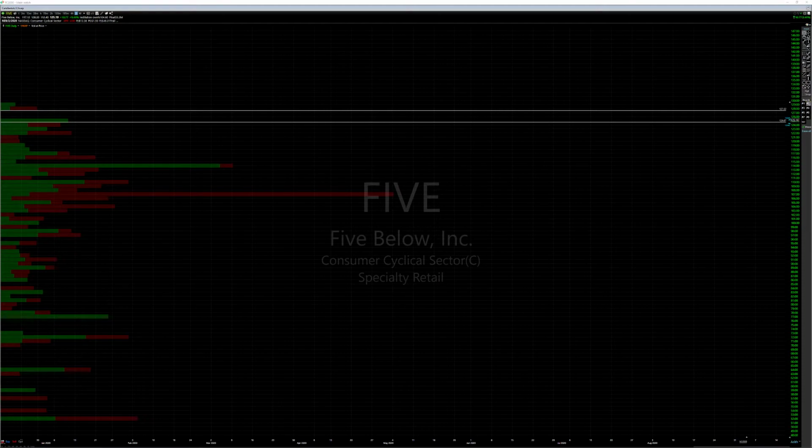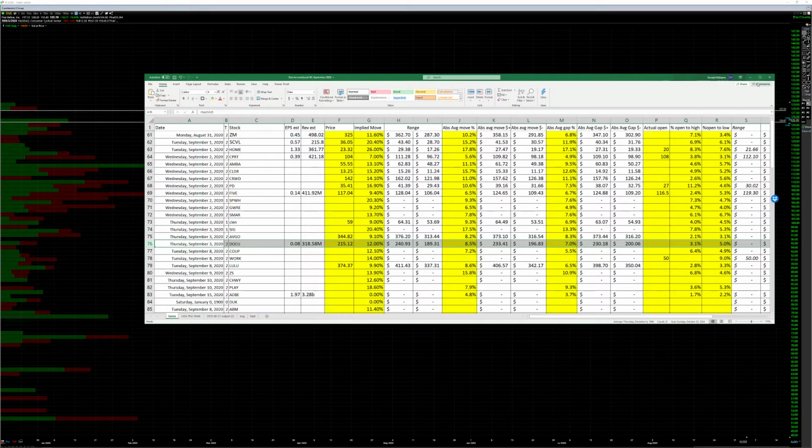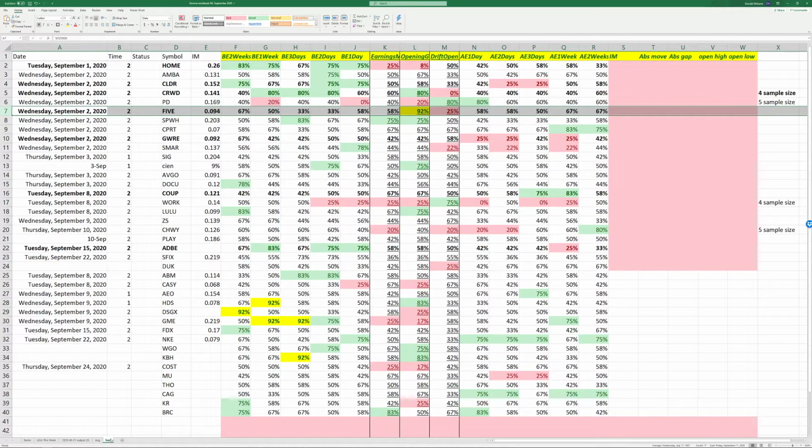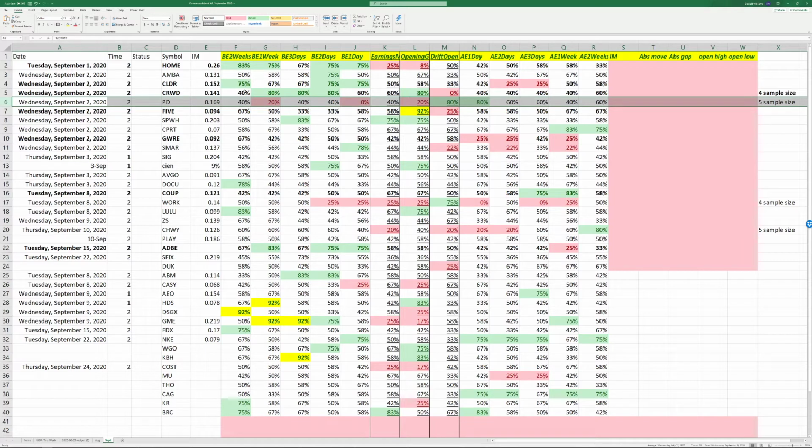So I wanted to show you how I used data with technical analysis plus just knowing where we are as a market to set up some trades. You guys know I have a scraper that gets this from Market Chameleon. An example, if you look at line 6 here on PD, see how we have 20%? What that's telling you is 20% of the time we have a positive occurrence, which means we go up. So that means 80% of the time we go down, right? So what that's saying is PD gaps down